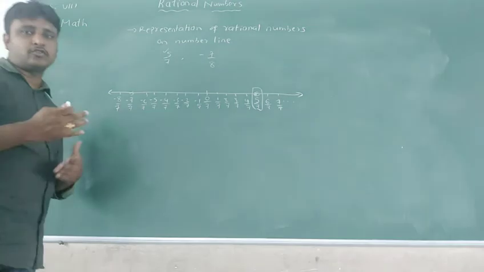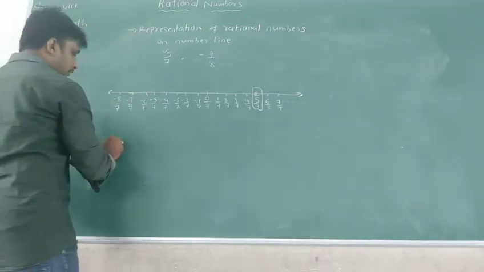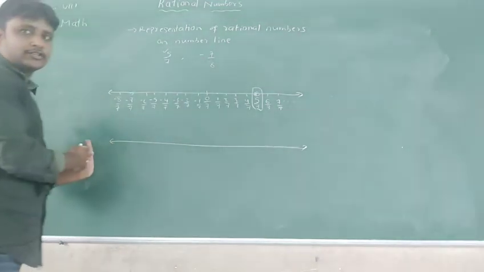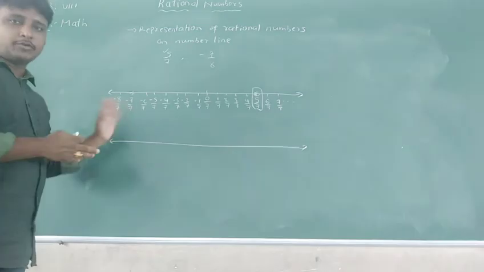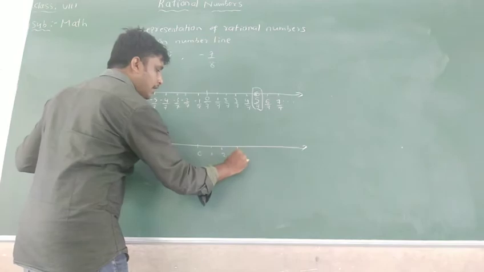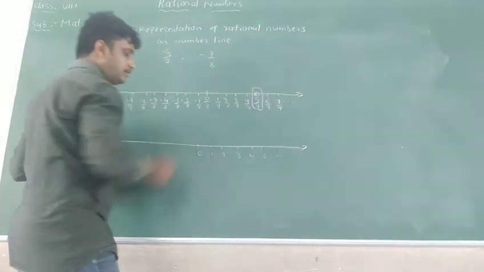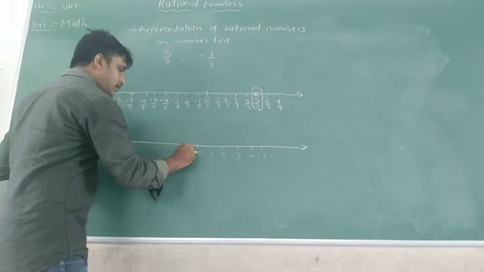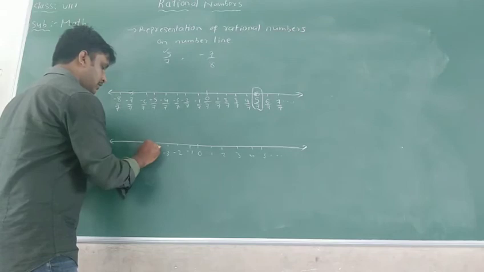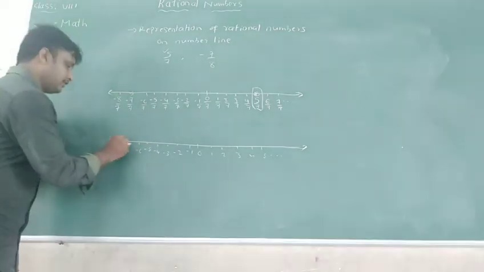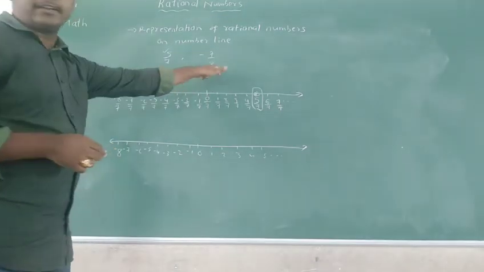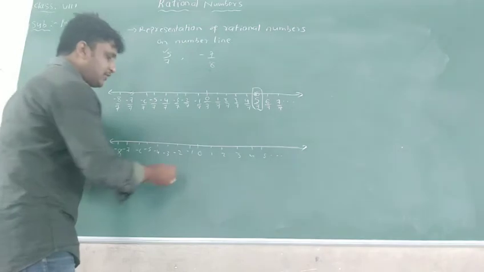For this question, we have to take one more number line. So here, one more number line I am taking, for minus 7 by 8. On the negative side, we have to take up to 7 or up to 8 numbers. So this is 0 and 1, 2, 3, 4, 5 and so on. This is minus 1, minus 2, minus 3, minus 4, minus 5, minus 6, minus 7 and minus 8. And again we need 8 as a denominator. So divide each and every number by 8.